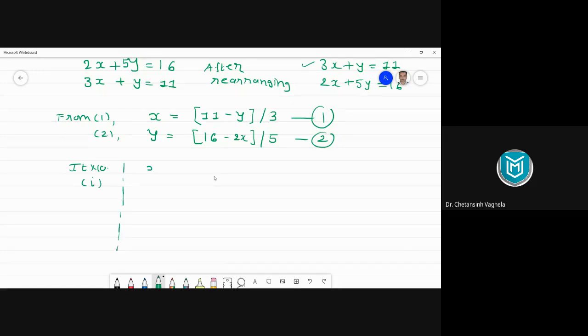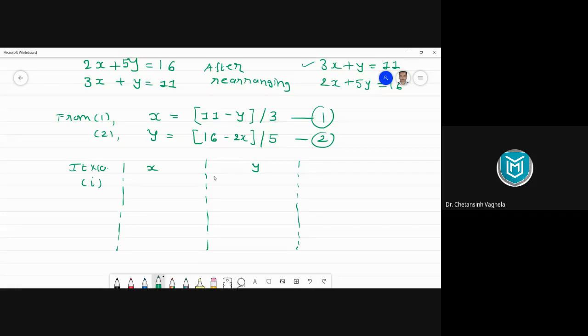Then there will be a column for X. And there will be a column for Y. Right? Now we know that the starting value we have to take 0. Initial value हमको क्या लेना है 0. तो वो आप लोग चाहो तो iteration में यहाँ पर mention भी कर सकते हो that for I equal to 0 the X and Y values are 0.